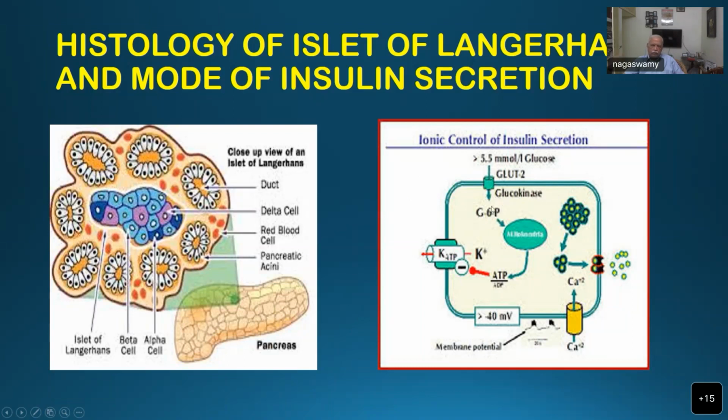Once it enters, it is converted into glucose 6-phosphate, just like the first step in glycolysis in the cytoplasm, and that will stimulate the potassium channel to block the potassium entry, and that will open up the calcium channel, and this depolarization causes the release of insulin. So that is the simple mechanism of how insulin is released from the